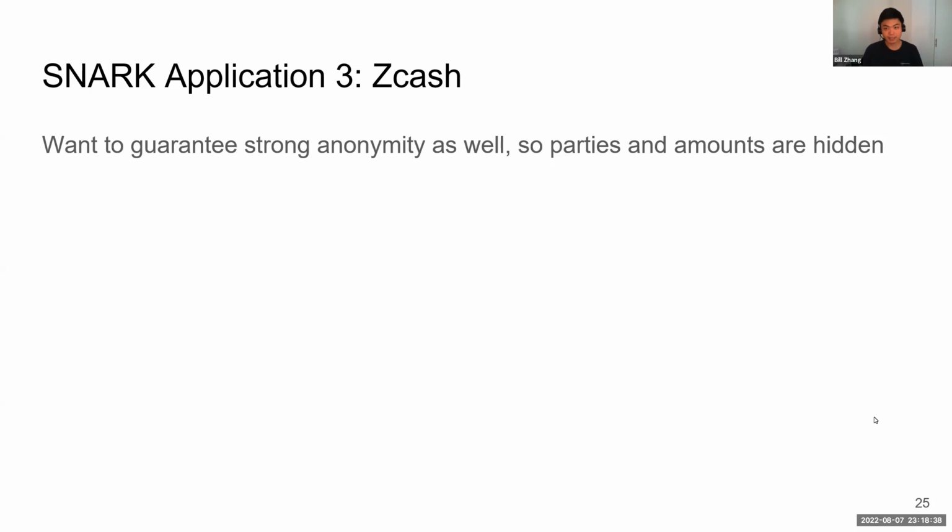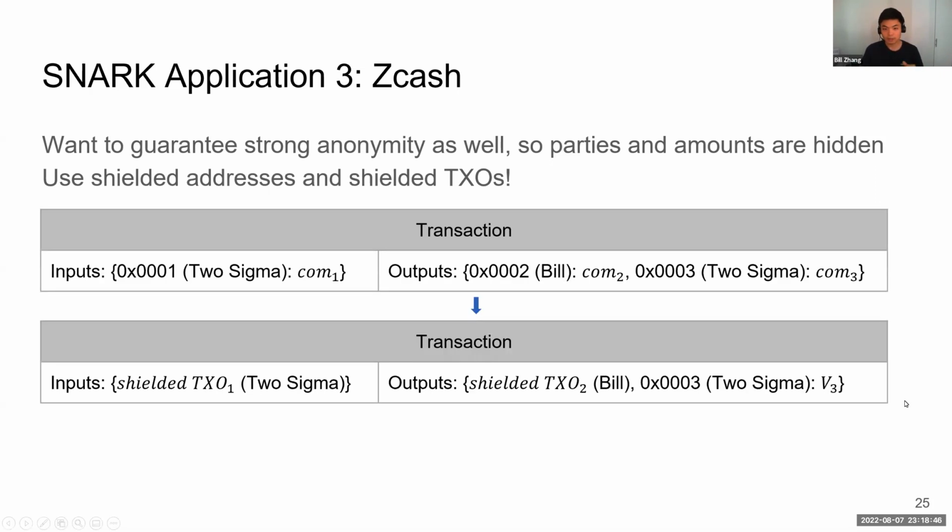The main idea behind how to make these parties anonymous is to use shielded addresses in addition to these shielded transaction outputs. Whereas before, this first transaction is what we had produced from our confidential transaction technology, right? Like having these commitments here substituting for the quantities, but not substituting out anything for the actual addresses. We're going to turn this into a transaction that looks like this, where we have a shielded transaction output, which